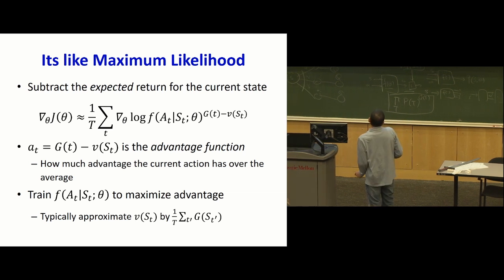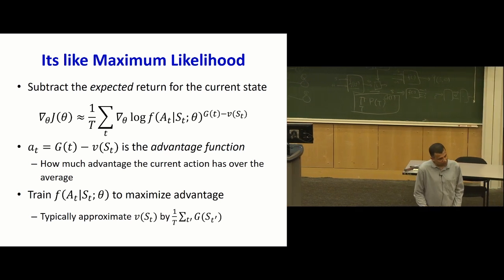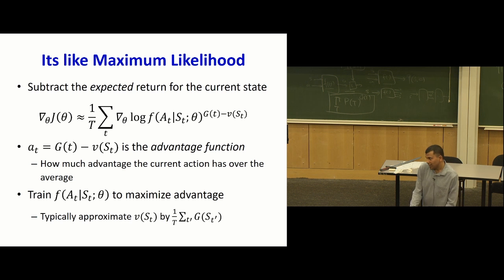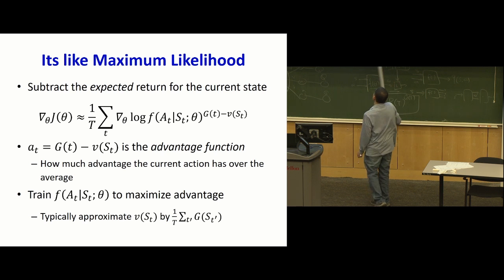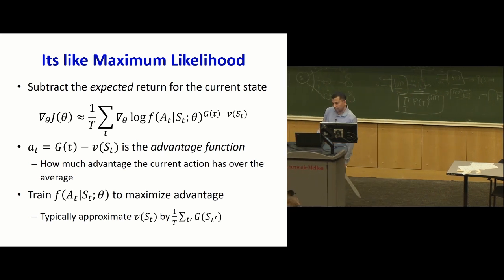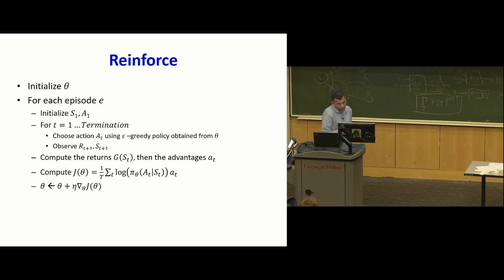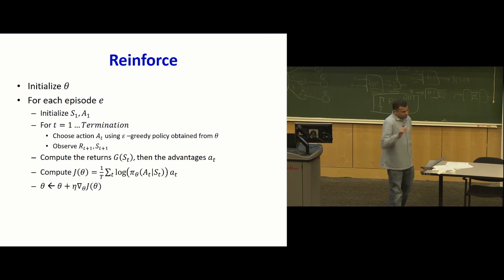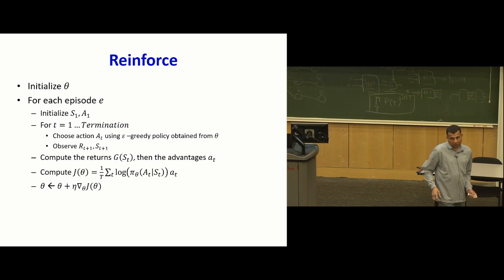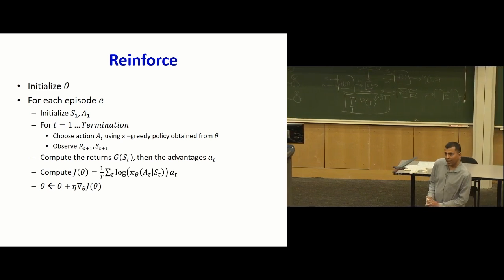So this difference, G minus V, is the advantage that you get from taking that particular action. You call this the advantage function, and what we'll actually optimize is this advantage function. And of course, for this you need V of s. Instead, the typical procedure is to approximate it by the average of the returns over all times. And this whole process gives us the so-called REINFORCE algorithm, which is basically you go over entire episodes. You compute the returns at each time, compute the average return, subtract the average return from everything so that you get the advantages at each time,